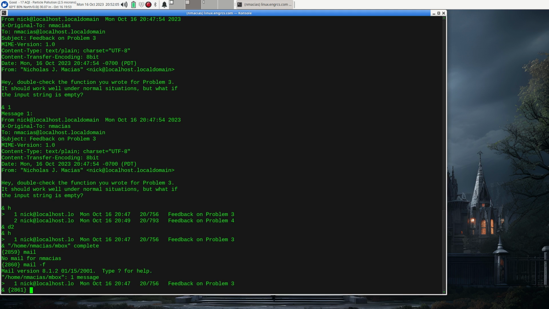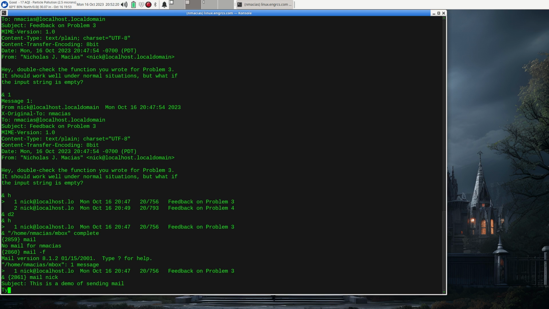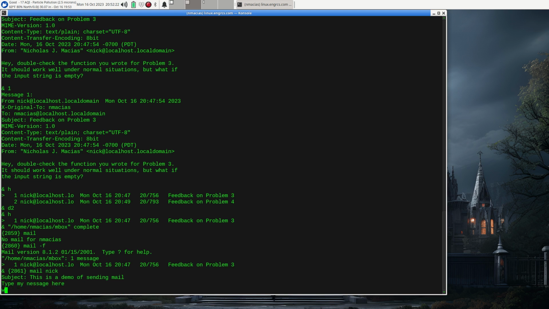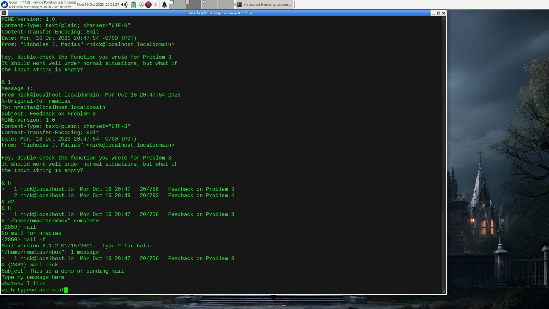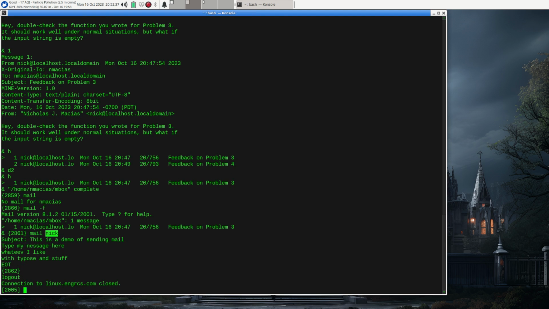The other thing you can do with mail, and don't abuse this, right? But if you want to send mail to somebody, I could say mail Nick, and subject, this is a demo of sending mail, and then I can type my message here, whatever I like, with typos and stuff. And when you're done, you can just hit a control D. Alright, and so I just sent a message to Nick, right? That's me. So if I were to log in as Nick,